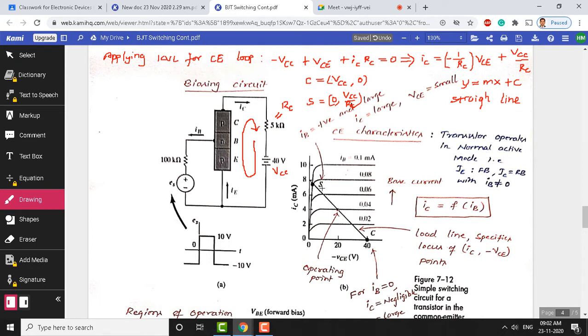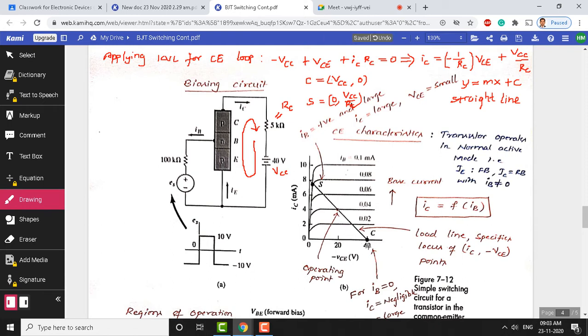You may ask a question, why do we need to draw on this characteristic? That's a very interesting and important question, because if you look at the x and y, VCE and IC, these are nothing but point equations. This is the equation for the straight line, and the characteristics you can also see here. This is the behavior of the device shown as characteristics, and when we apply KVL to this, that is also an equation. We got an equation resembling a straight line. I'm sorry, I missed out the spelling here. Straight line, straight line. So that means the straight line is obtained.